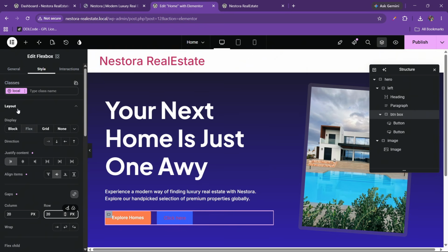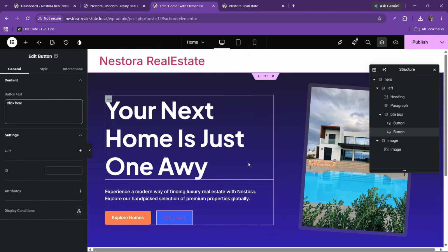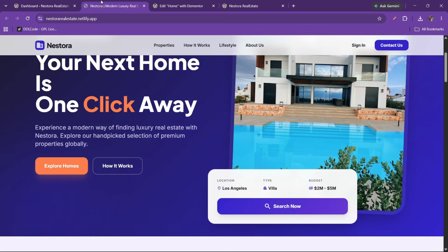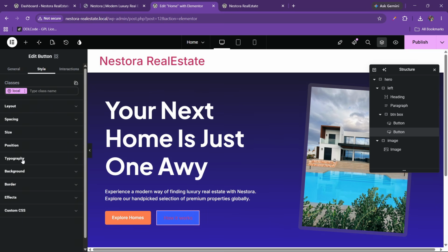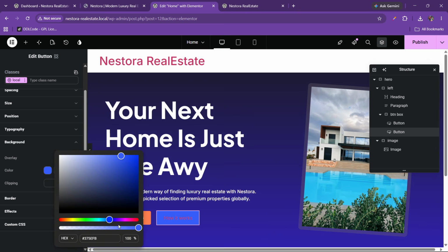Okay, here also we have the button 2 class here. Okay, so keep adding the classes. So now you can see, and this is not required, so we can go to the button 2, and here you can see we have this name, so we can just add it like how it works. Okay, and also we can just go to the background, and here we don't want this background, so let's